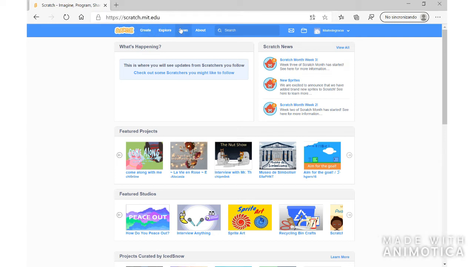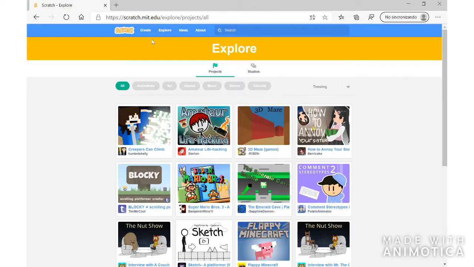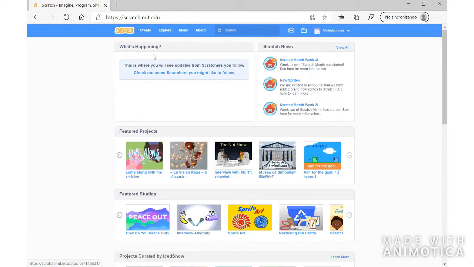In this video are explained the interface and functions of Scratch. This is the screen of the home page. The ribbon on the top of the screen will be visible on any tab. In this screen we find different areas, updates of followed projects or from Scratchers you follow, Scratch News, where the